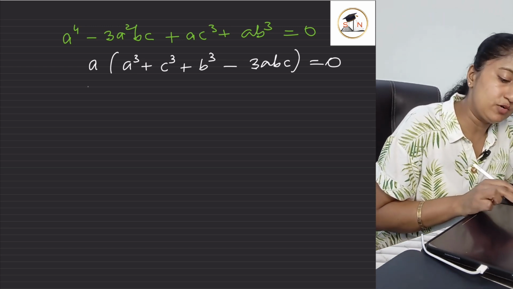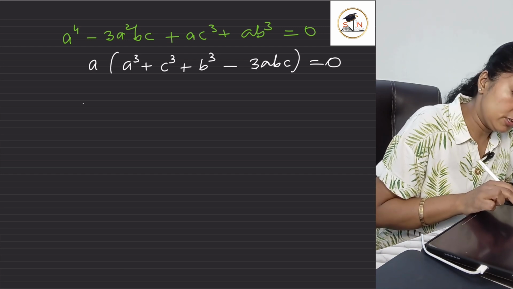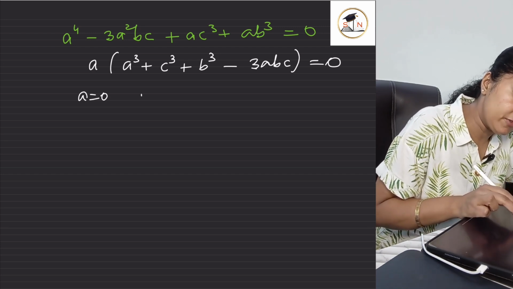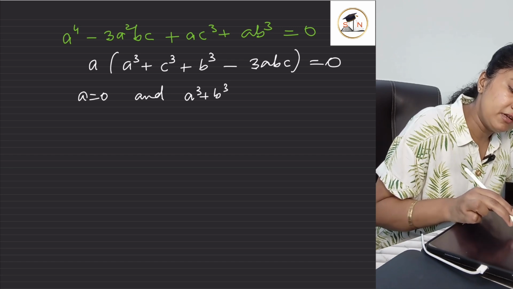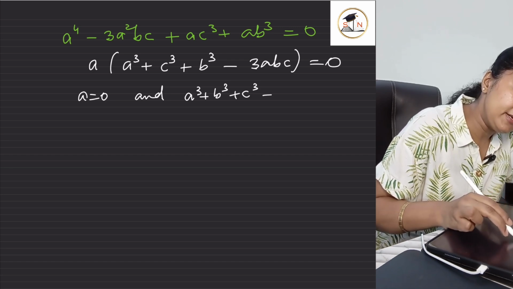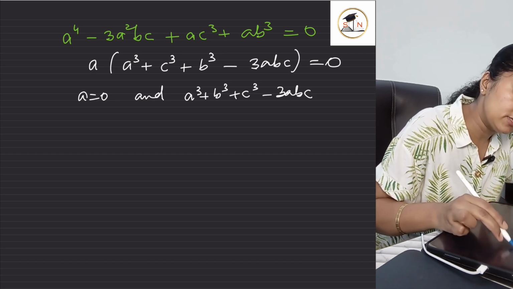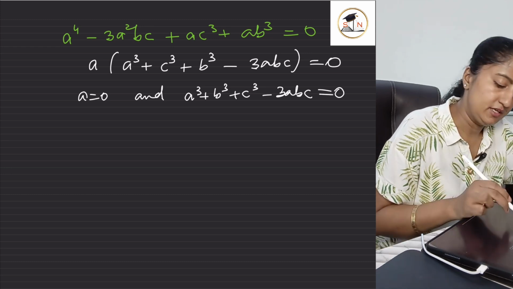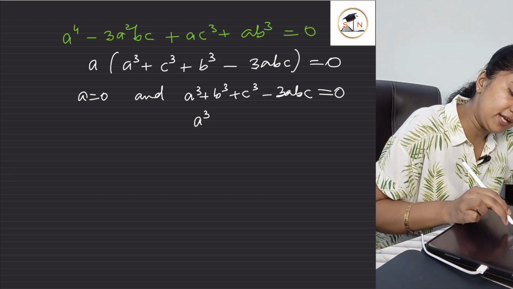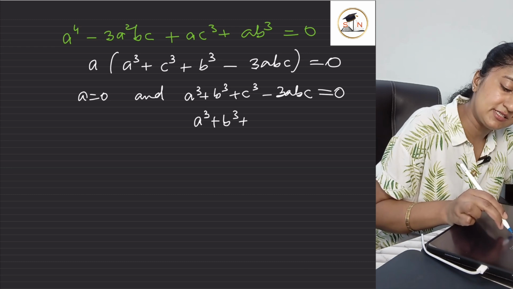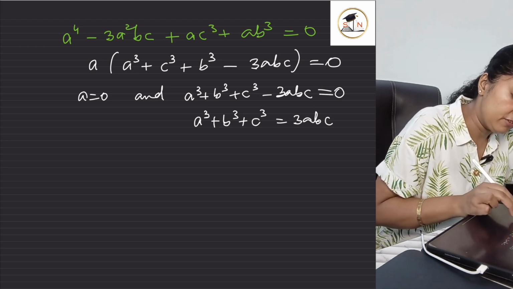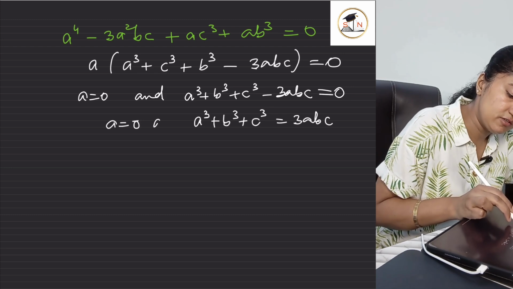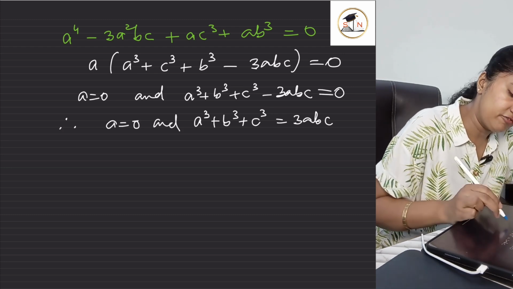That means I'll equate both the factors with 0. So a equals 0 and a cube plus b cube plus c cube minus 3abc equals 0, right? That means from the second we get a cube plus b cube plus c cube equals 3abc. The first was a equals 0 and therefore